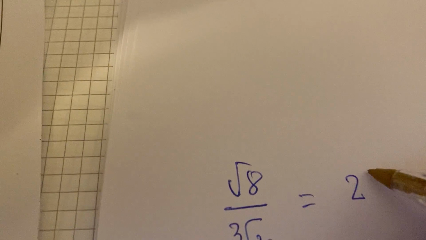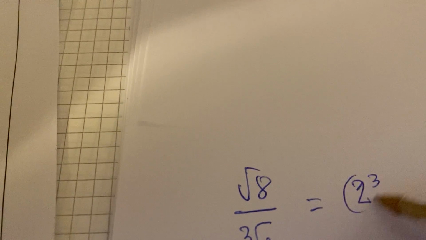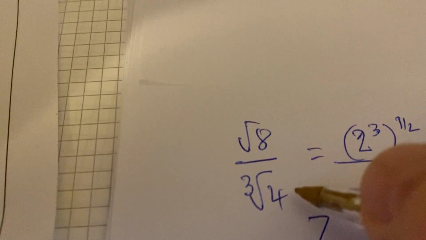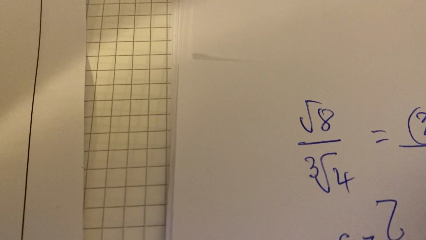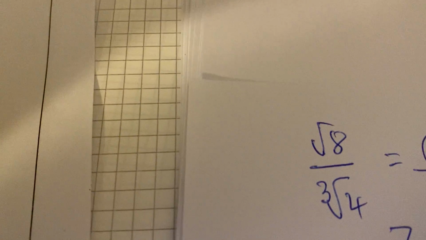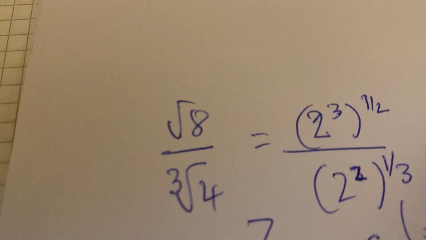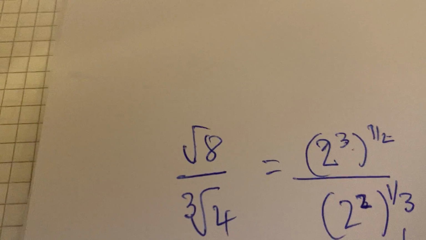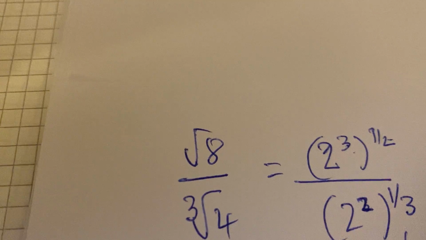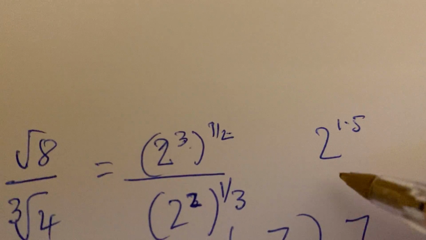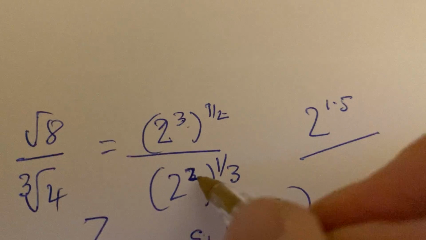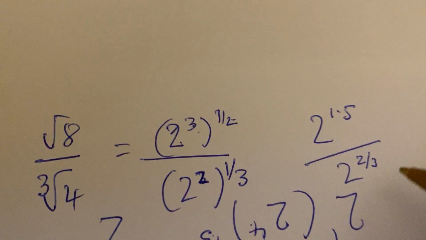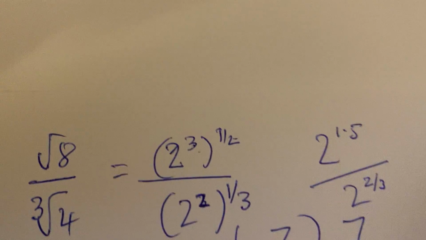So that's 2 to the 3, all to the half, because that's 8 to the half. That is 2 squared, all to the third. Ugh, it looks all a bit messy, doesn't it? So let's multiply that out. That's 2 to the half of 3 is 1.5. I'm going to put it as decimals. Don't really normally like decimals, but in this case, I'm doing it. 2 times that is 2 2/3. Oh my word. So I'm going to do a half, 1.5,